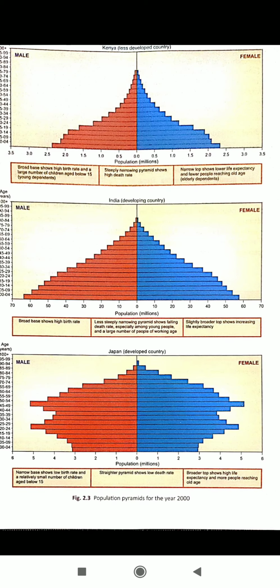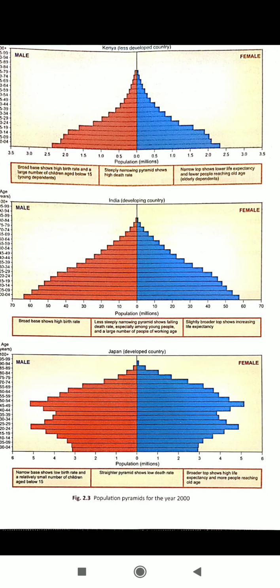Such information helps us plan for future needs. For example, high death rate would mean the need for better medical facilities. A large proportion of young people in the population could mean the need for more schools and colleges to educate them, and so on. The age-sex composition of the population and hence the needs of people are different in countries at different levels of development.